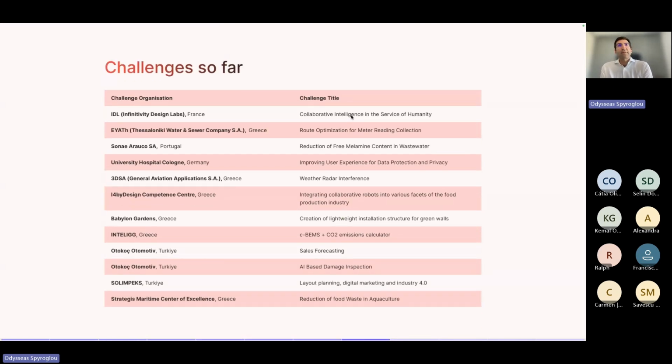And so far, we have the challenges that you can see in this table. These challenges are also announced in our website. There are some challenges here that are not in our website, but we will update all of them